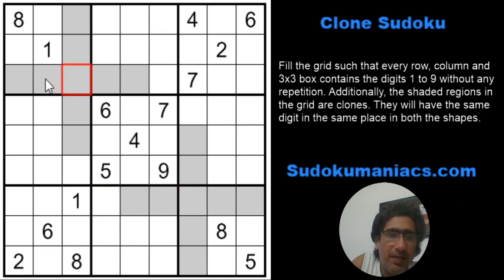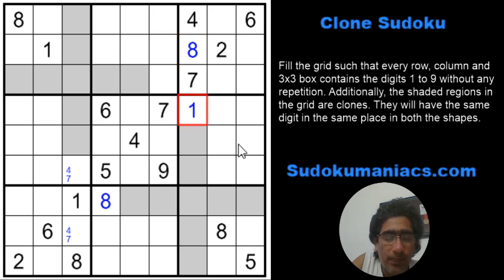But 8 can never be on these gray cells because we already have an 8. So this has to be an 8, correct? And once again, just like we spoke about these 5 cells, when I look at the vertical 5, these vertical 5 cells will be the same. So these 4 cells have to be here. I have a 4 7 here, I have a 1 8 here. So these would be my 4 7 and I will place a 1 8 here. But I got a 1 here, so this will be an 8 and this is a 1.